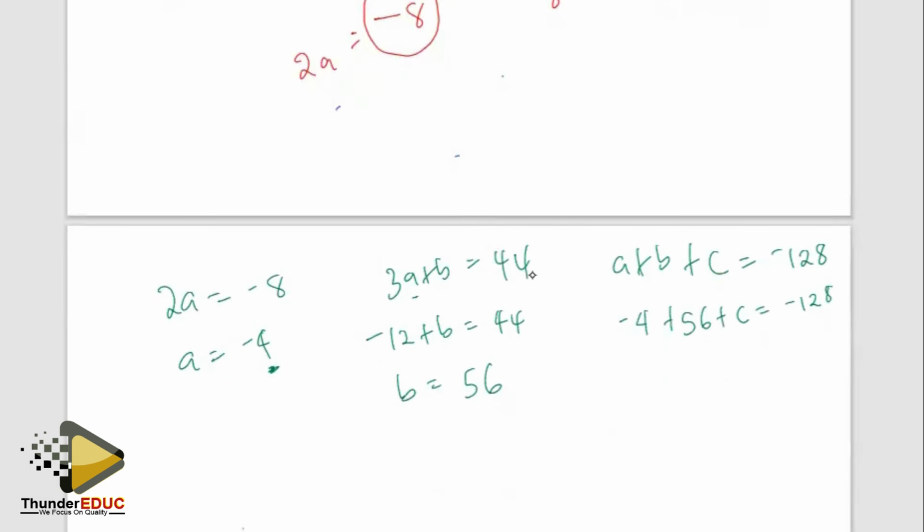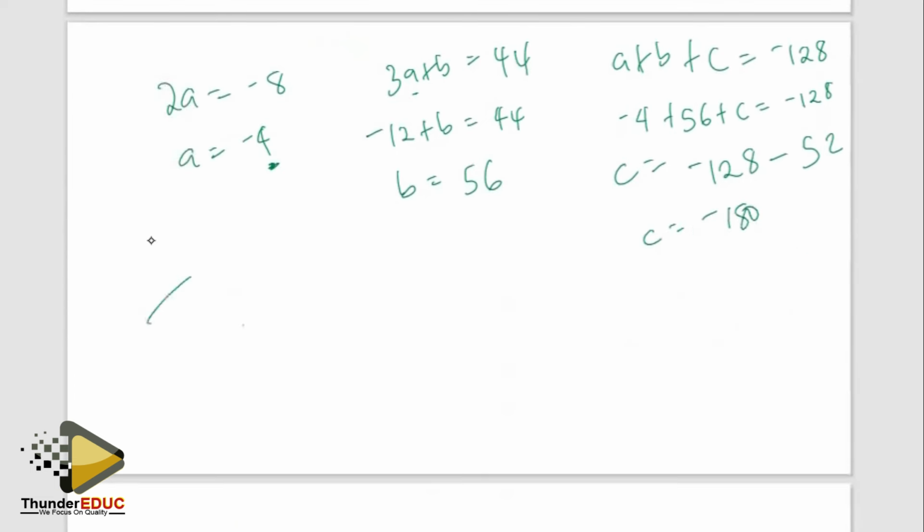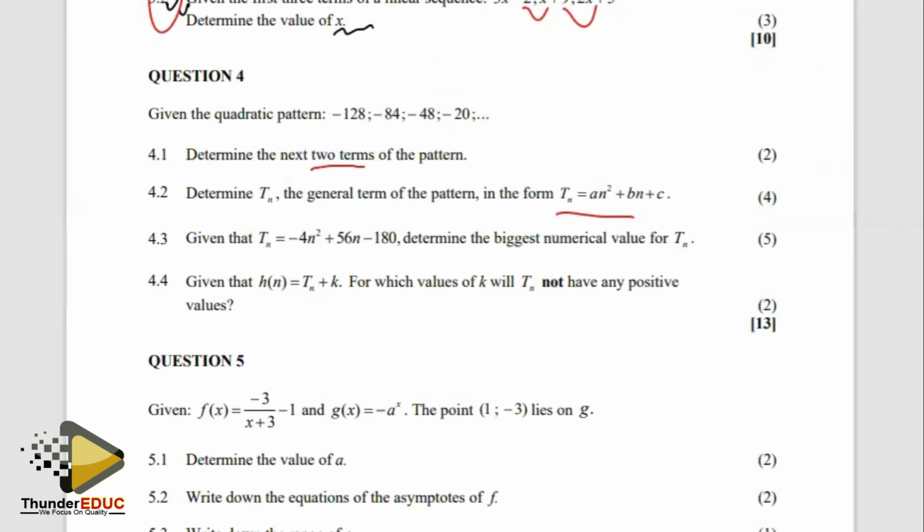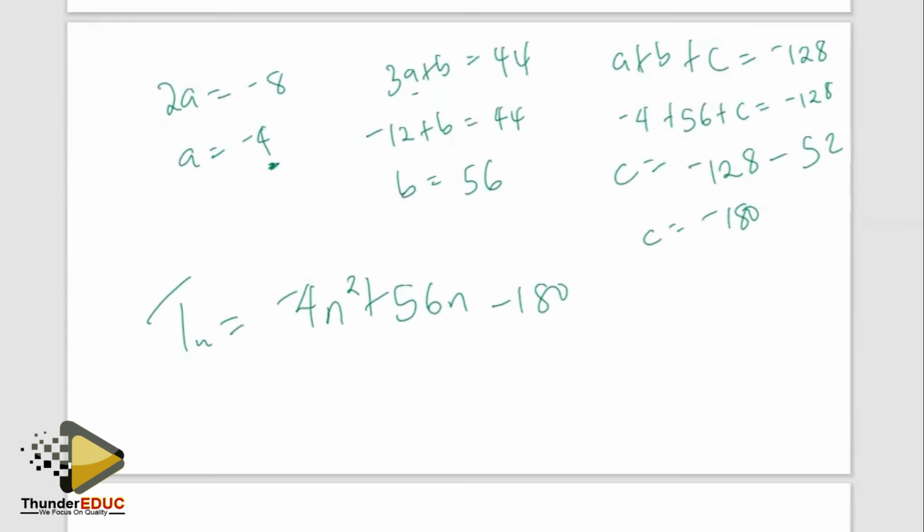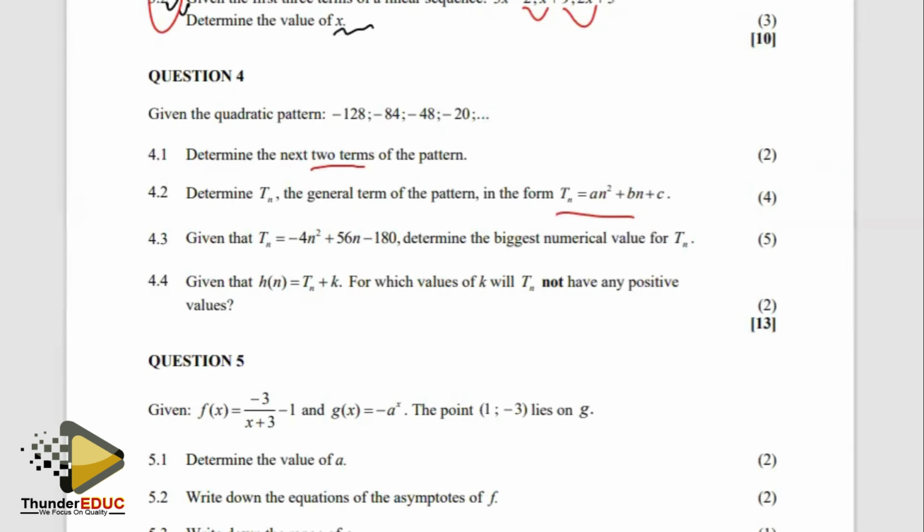So if I do the magic, that's negative 128. I'm going to move everything to that side. I'll be left with negative 52. All right, so 128 and 52 combined, I'm getting 180. So my C is negative 180. Therefore, the Tn must be negative 4n squared plus 56n minus 180. Given that Tn is that, which confirms the answer we got there,